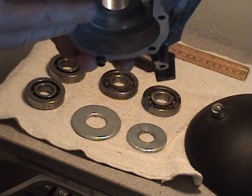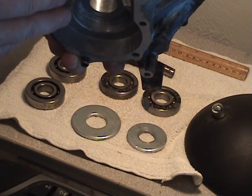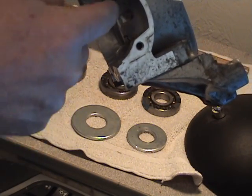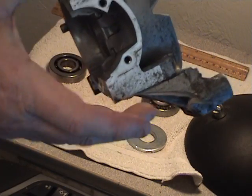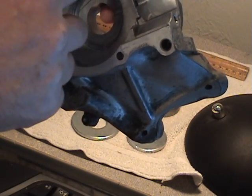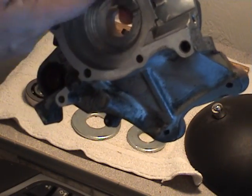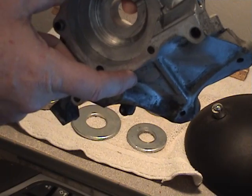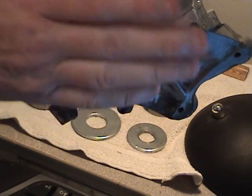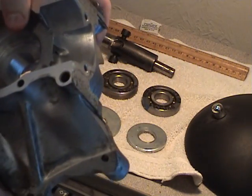So in order to do the 120 cc's, first of all we've got to take this out to get the 54 millimeter cylinder to fit in here. Then we have to take this out on this area, for the 52.5, about 2 millimeters on each side. Then you have to go in and dig the meat out of here. And you have to get it all perfect so there's no leaks. And it is very hard to do without a machine shop, but I'm showing you how to do it in the backyard